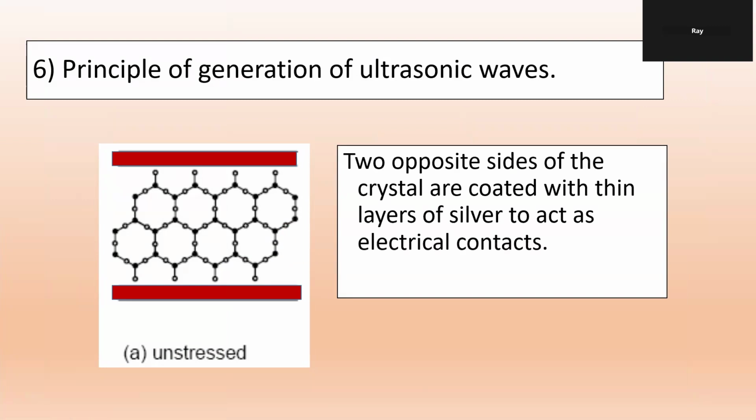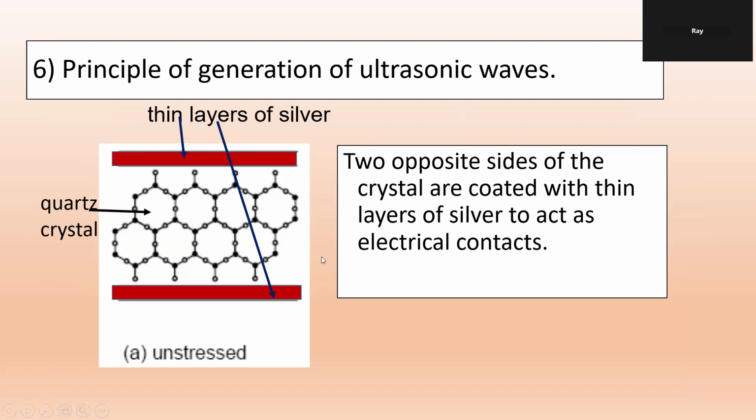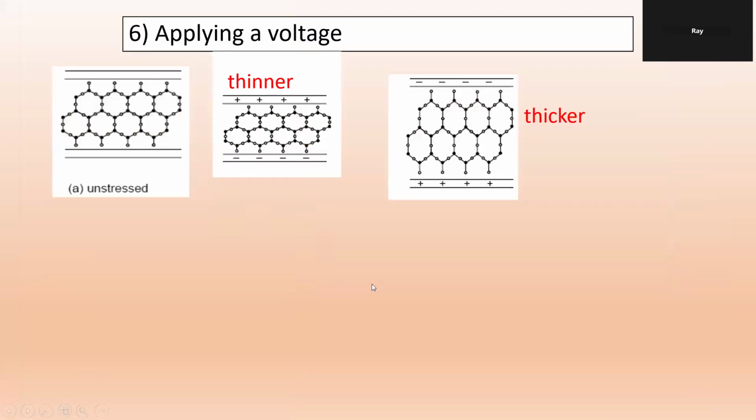Two sides of the crystal are coated with a thin layer of silver to act as electrical contact. There's your electrode, to act as electrical contact. There's your quartz crystal, with thin layers of silver. When it's unstressed,